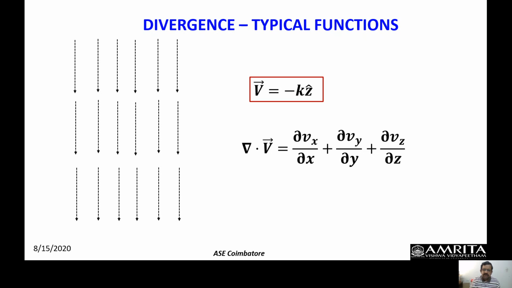So I have only z component, that is minus k, whereas x and y components are 0, which means I am not going to have any contribution from this ∂vx/∂x and ∂vy/∂y. I will have only contribution from here if at all it is there. So minus k z hat. The moment I substitute for that minus k here, and k being a scalar quantity, it is not varying as a function of z coordinate. Therefore, this also vanishes. So in this case, there is no spread of the vector function as expected.